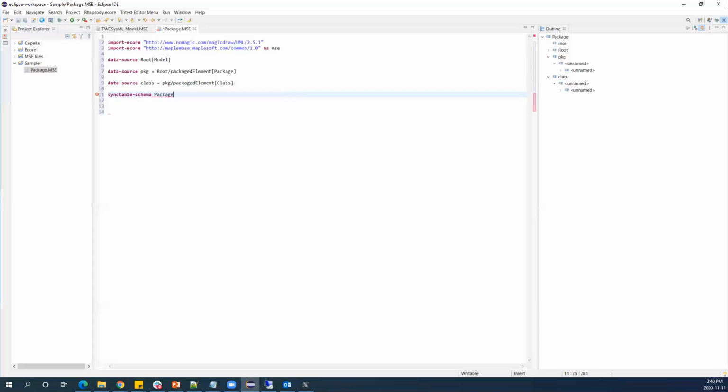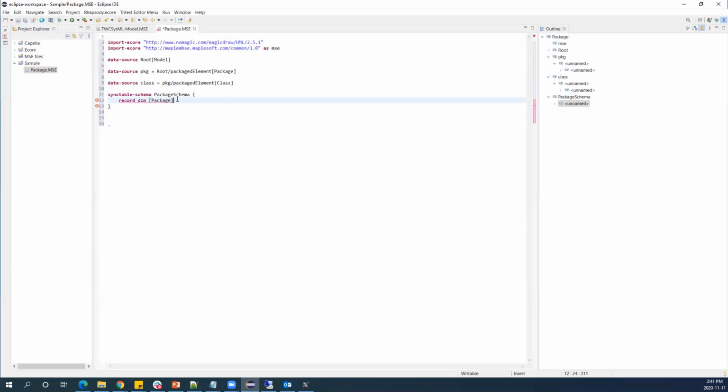Now, let's create a package schema. I'm going to use a dimension that's going to display the package.